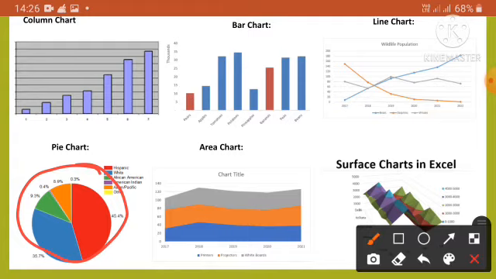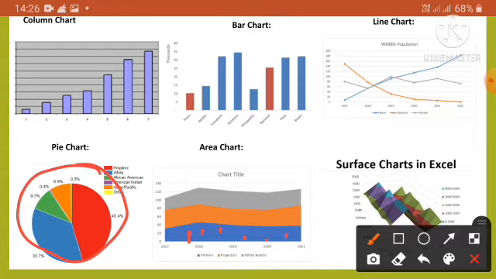Next one is the area chart. In an area chart, areas are used to represent values. It is similar to a line chart in that it displays a series as a set of points connected by a line. However, the difference is that in an area chart, the area below the line is filled with the color of the line. An area chart helps to draw attention to the total value across a given data.